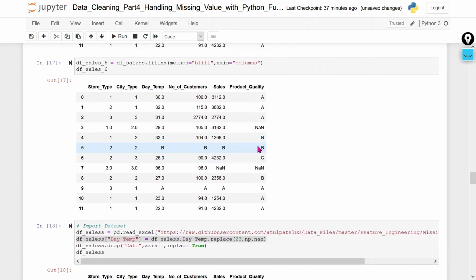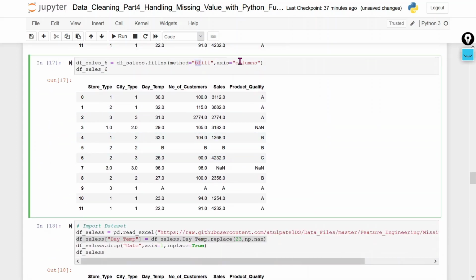Earlier, if we use the fill without a limit, whatever value we have in that particular row, that nan value will be replaced with the previous or last value in that row. All these nan values have been replaced with b without any limit, because if we want to replace only this particular nan value, we have to use the limit.